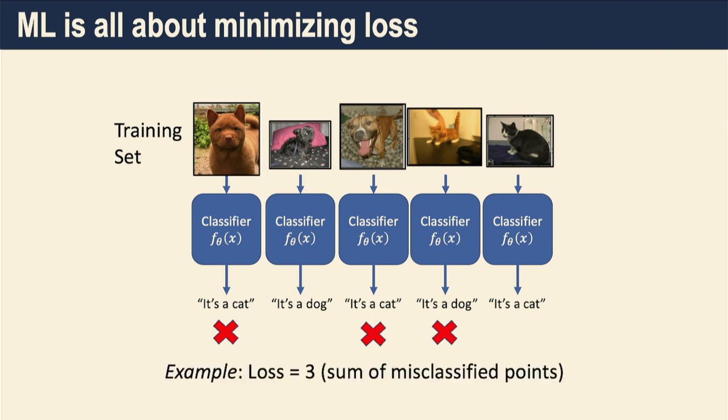So I can count up how many of those are wrong, and that's called my loss. The loss is the most important semantic object in machine learning. It's how far your model that you're learning is from the thing that you want to learn. So it's a distance metric. Right? And you can come up with different kinds of losses. They'll have different properties, but really it's just how far you are from the thing you want to learn.